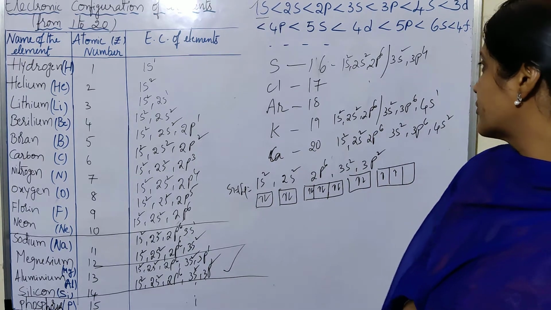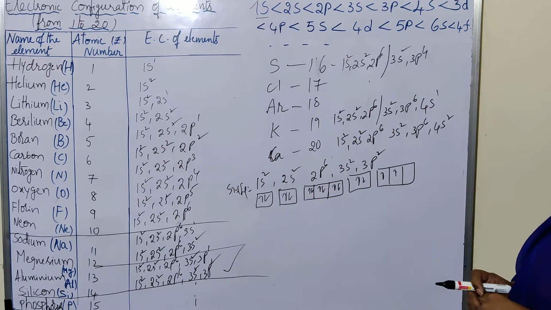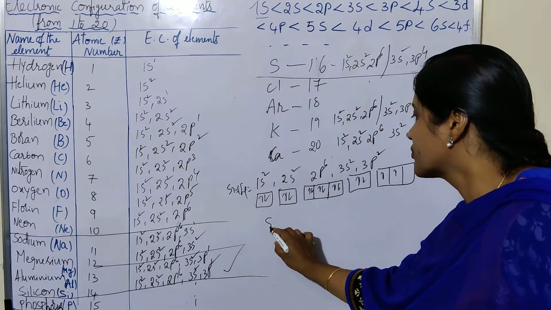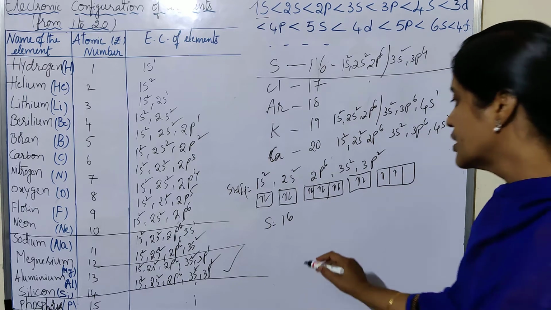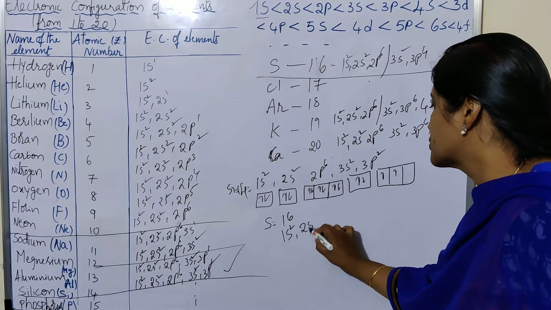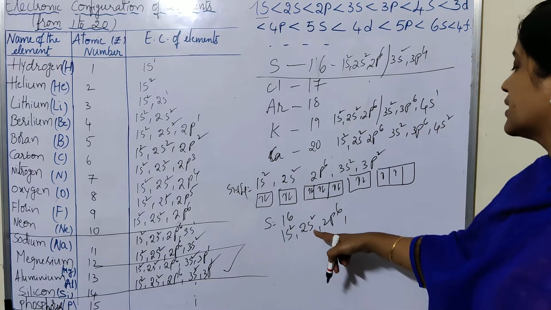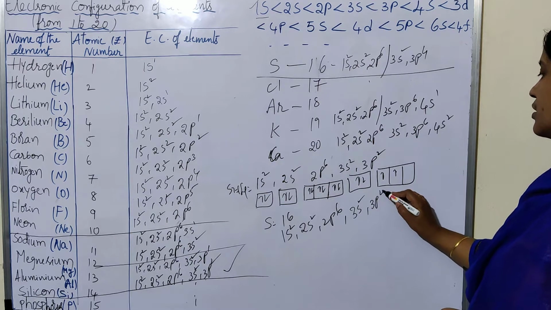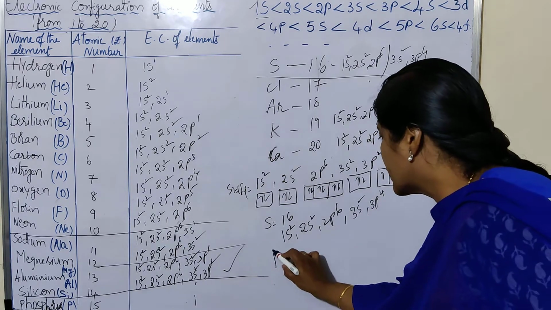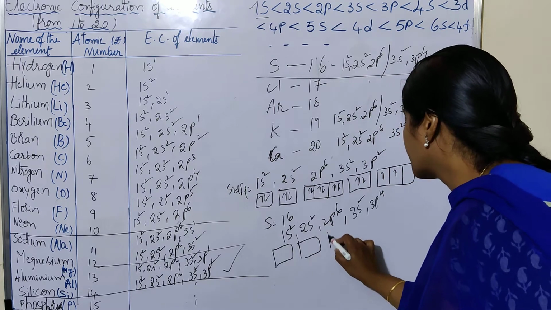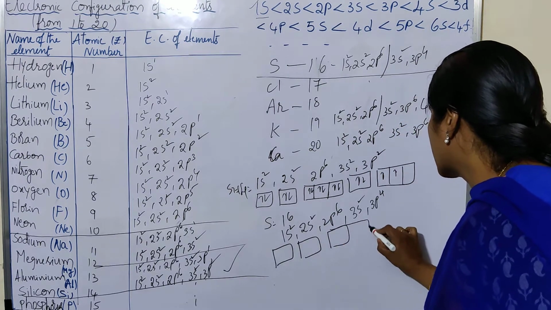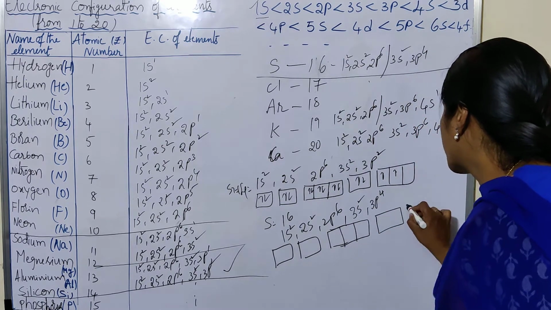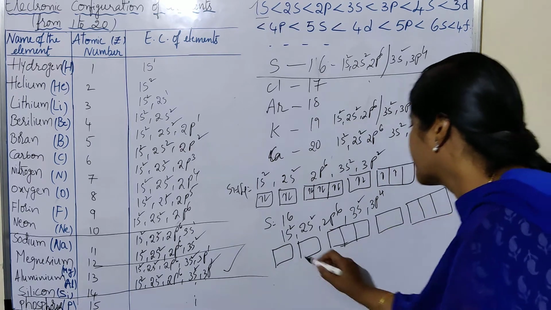And one more example we'll take, sulfur, because sulfur is 16. Sulfur is 16. So what is the electron configuration? 1s2, 2s2, 2p6, then 10 over, 12 over. Then immediately below you have to draw the orbitals. Sorry, p means it is lengthy. 1, 2, and this is 3s, and this is 3p.